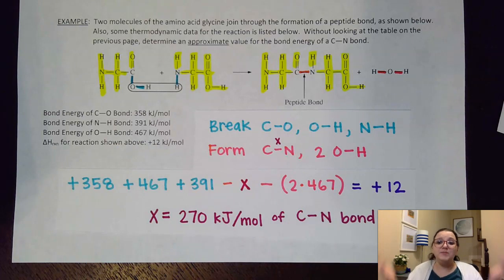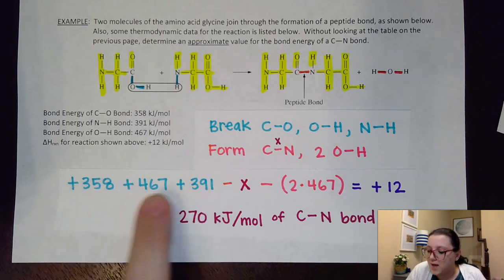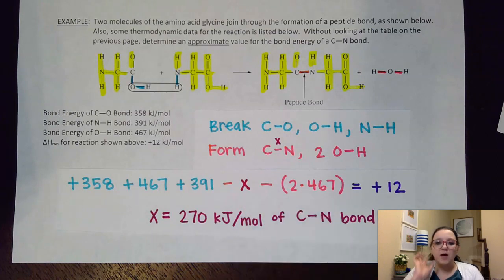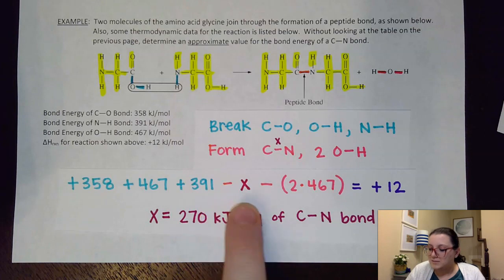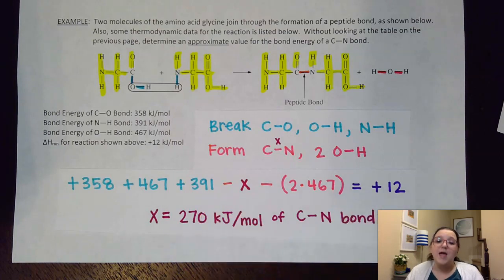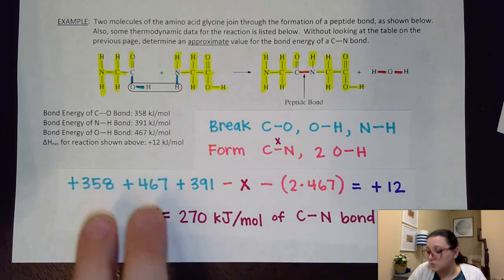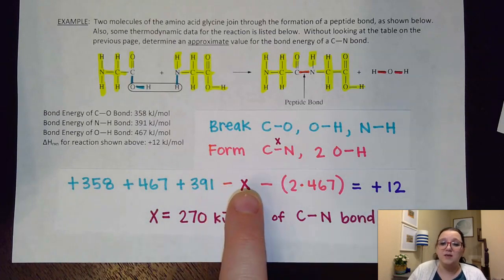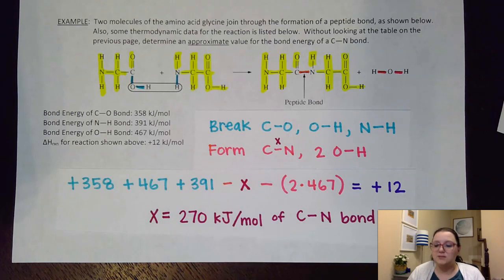And so then I'm simply just solving for X. I would work to solve my algebra. I'd combine all of this math together and subtract off the 2 times the 467. That would get me a number minus X equaling positive 12. Then I would subtract all that math over and flip the sign, because obviously I don't want to solve for a negative X. I want to solve for a positive X. And so in solving for X, that gets a value of 270 kilojoules per mole for the carbon to nitrogen